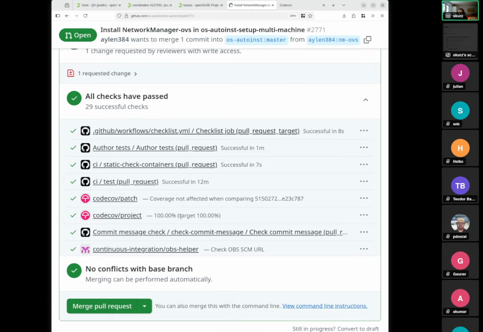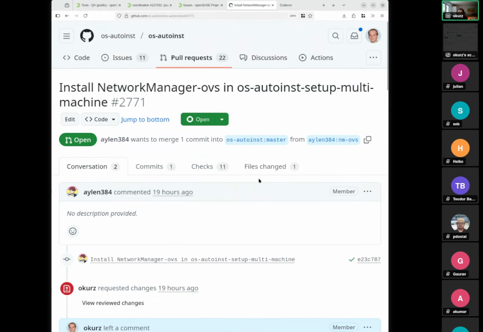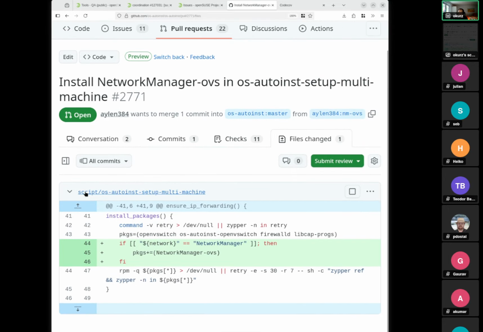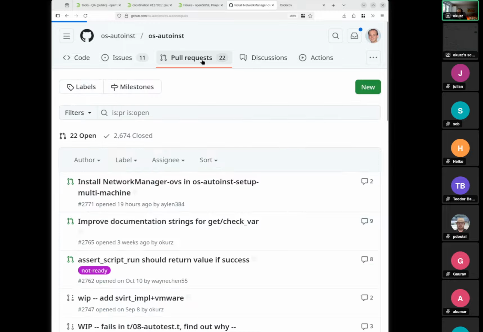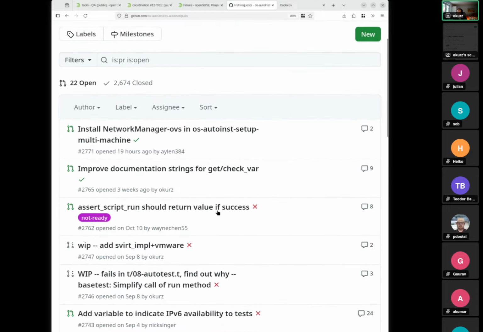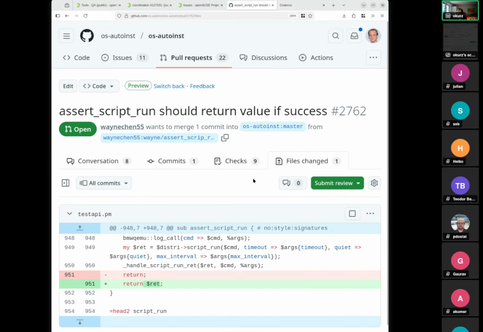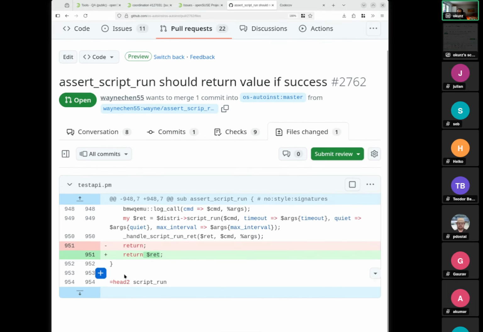Of course, as always, there can be exceptions. So I just picked the very first pull request, and that is a shell script. And this shell script is only used at the level of deployment, so not covered by any kind of unit test. So it wouldn't be relevant for the code coverage rule, but I guess that's fine. Let's just pick something that changes Perl code here. So test API.pm, we have this one line, and then we can see